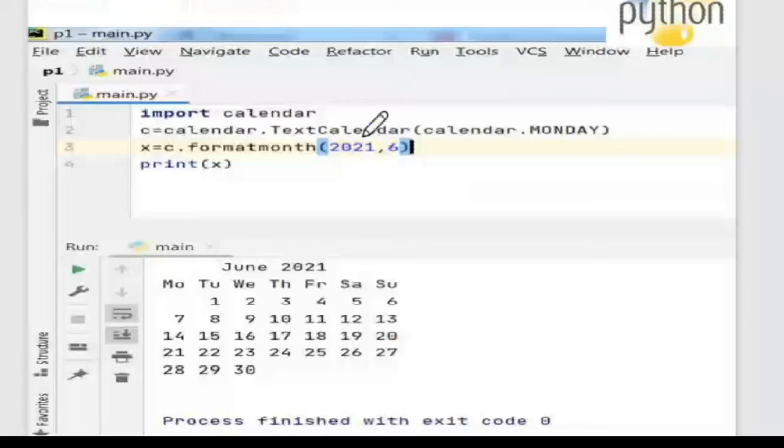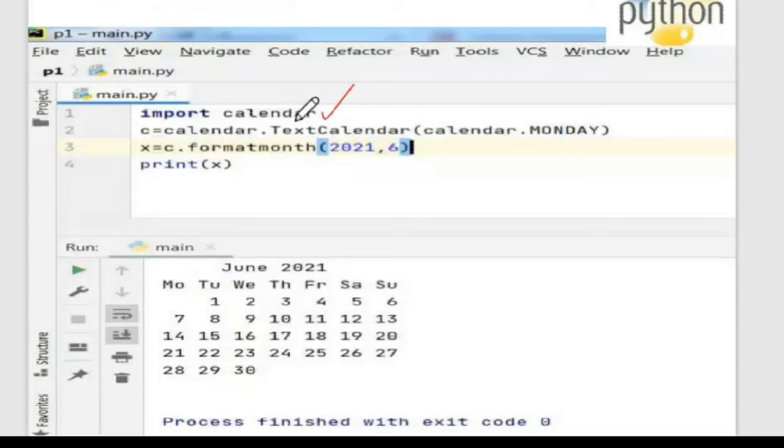I can also remove x is equal to and put it in the print statement, and within 2 lines of code I have created the calendar. So you can understand how powerful Python is with its built-ins. You can create very powerful programs in very little time.